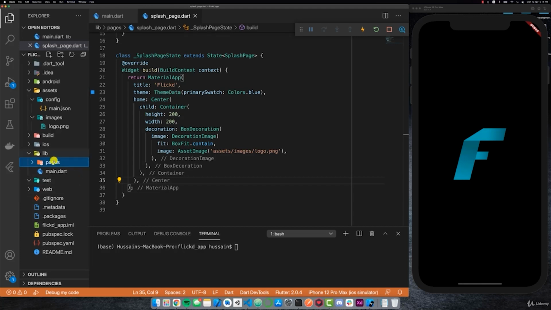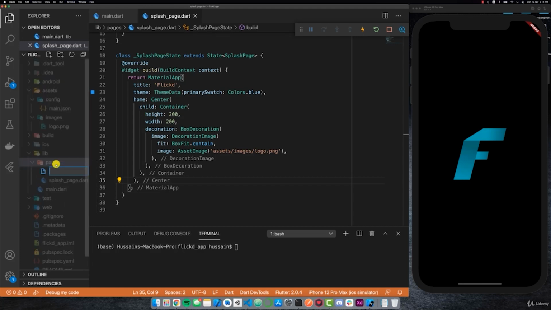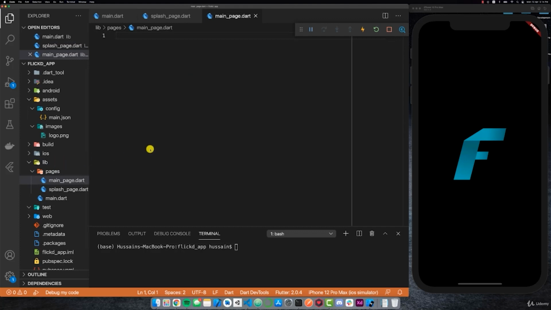So to get started, inside of my pages folder, I'll create a new file, and I'll name it main_page.dart. Once that is done, the next thing that I'm going to do is create a class inside of here, and this class is going to be responsible for actually generating the main page. So I'll call it class MainPage, and then it extends